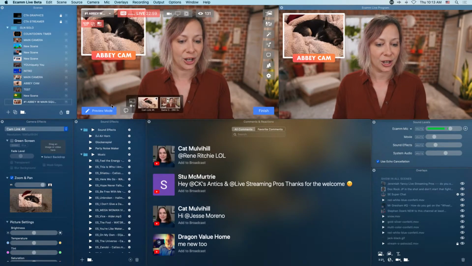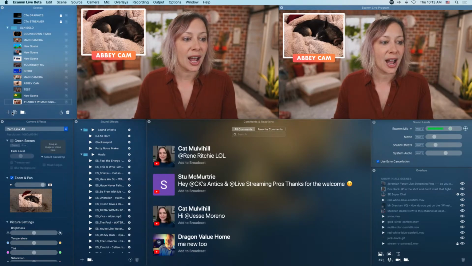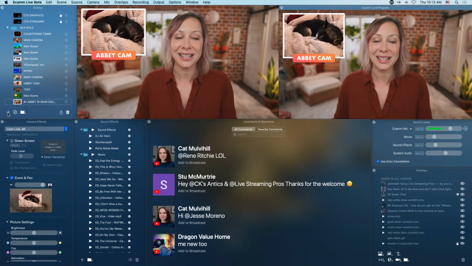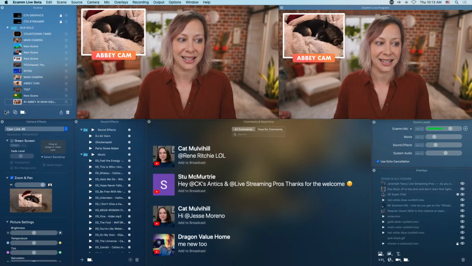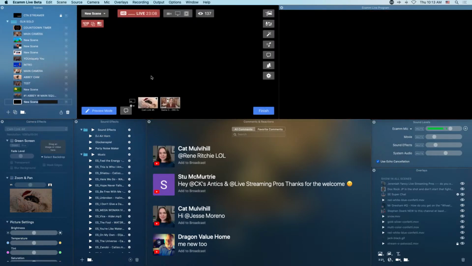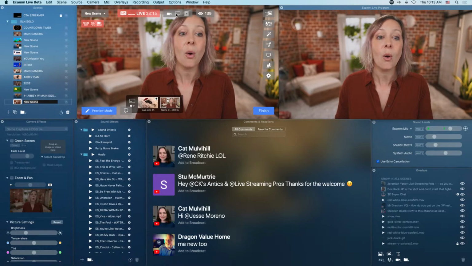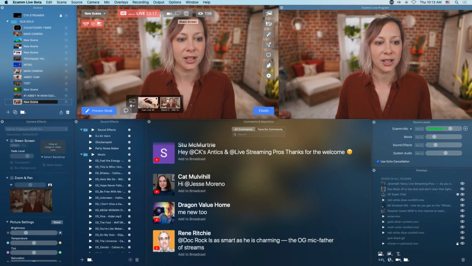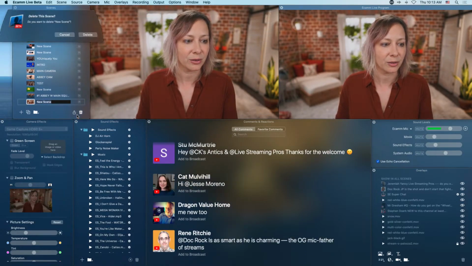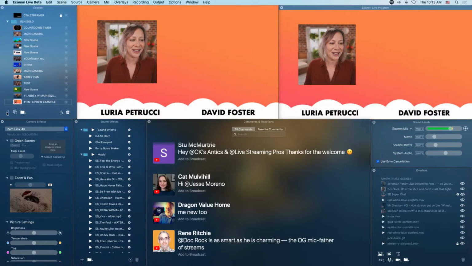So here's what we're gonna do. We're going to create a new scene. Click that plus button in the scenes section. All right, so we have black, right? Then we can go to the camera, or actually what you want to do with camera overlays, sorry, I screwed that up, hold on, redo.